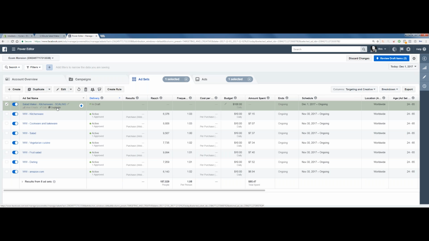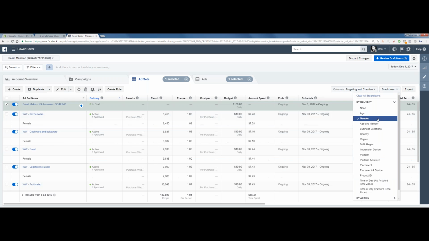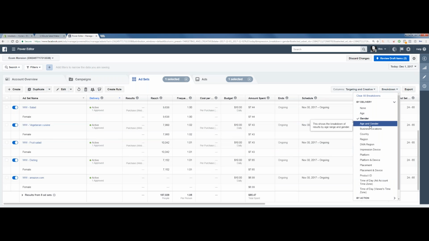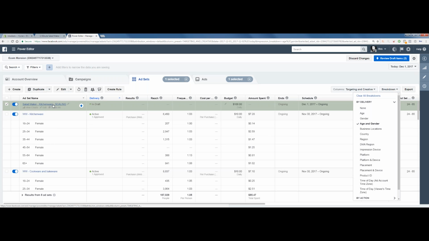You're going to duplicate it again, and you can start separating your ad sets for this one under age, getting more specific, like age and gender. Who's buying? 35-44 females, 25-34 males. Who's the majority? You find where the sales are at, and you create ad sets optimizing the scaling ad set. Okay, so you optimize it further after 2 or 3 days, assuming this is keeping a positive ROI. Our goal is to keep a positive ROI.